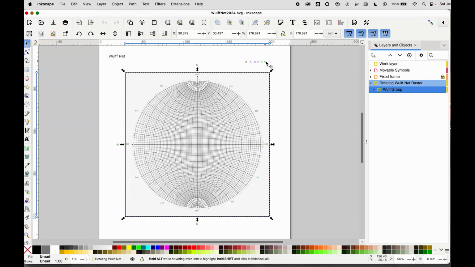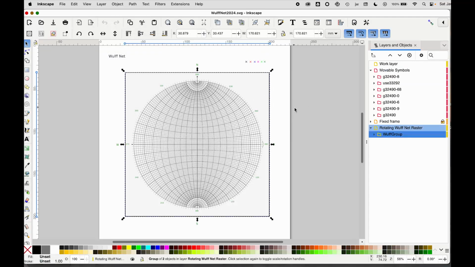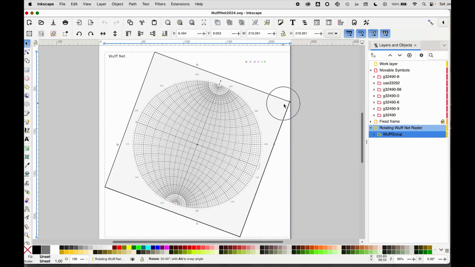So we can select the different objects in our diagram, and one of those objects is down here. It's called the wolf group. And when the object is selected, you'll see these little handles appear at the corners, and we can change those handles by clicking a second time on the object. And then we get what's called a rotation handle here,